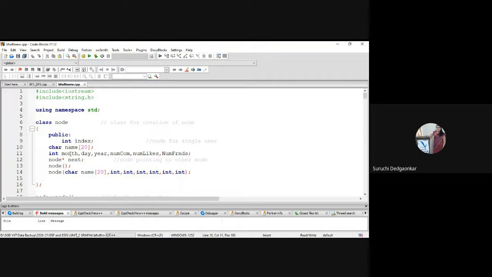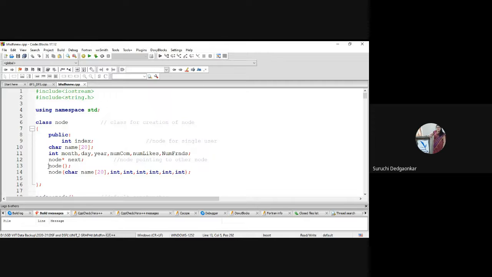Then name, month, day, year for birth date, and number of comments, number of likes, number of friends. These are various properties which I have added for every user. And a pointer next, as this will be a linked list node, that's why there will be a pointer similar to our linked list.